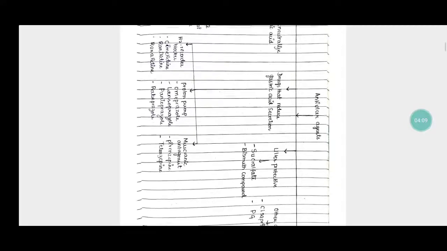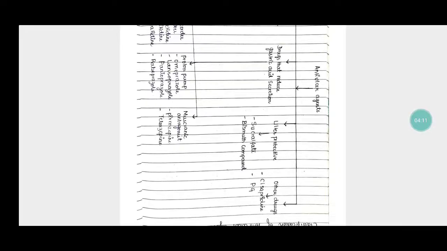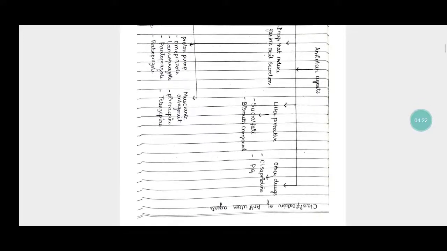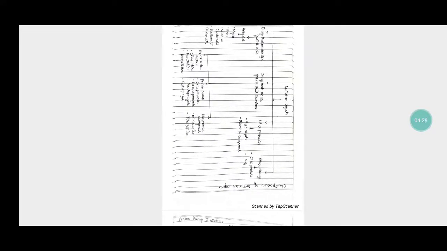The muscarinic antagonist examples are pirenzepine and telenzepine. Number 3, that is ulcer protective classification, in which the examples are sucralfate and bismuth compounds, and other drugs like misoprostol and prostaglandins are the examples for the